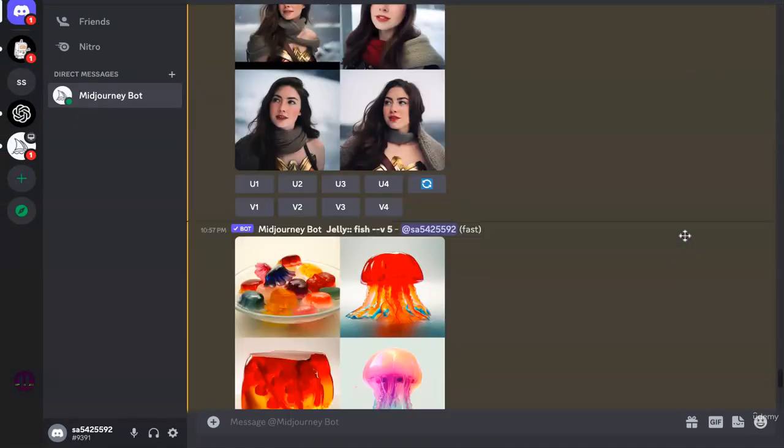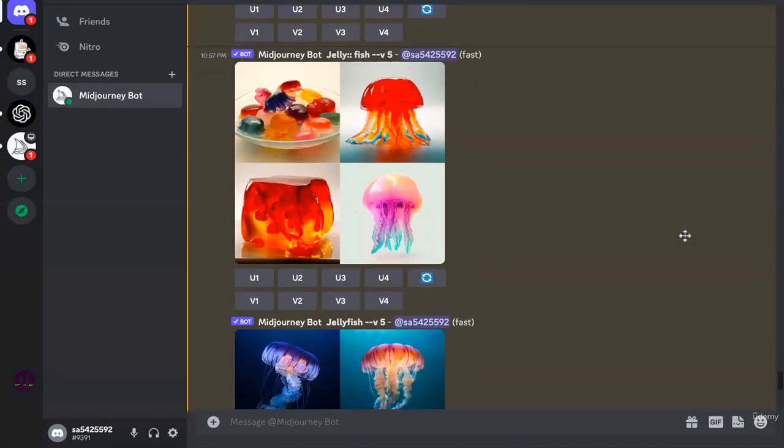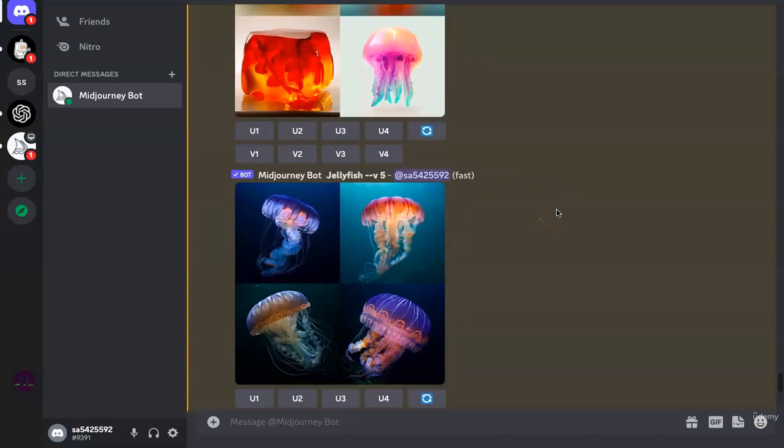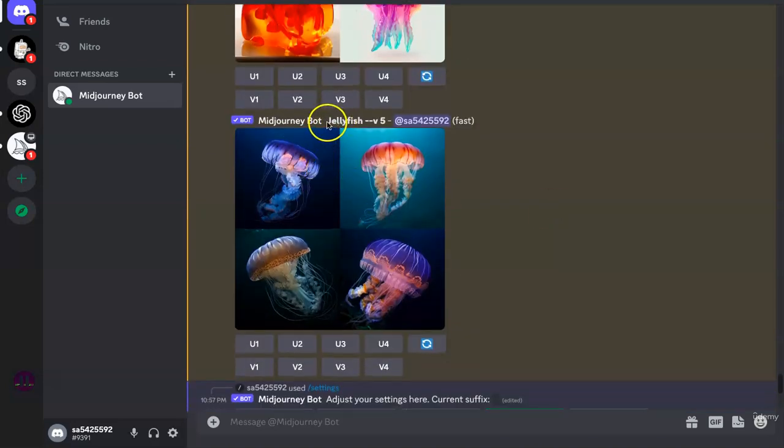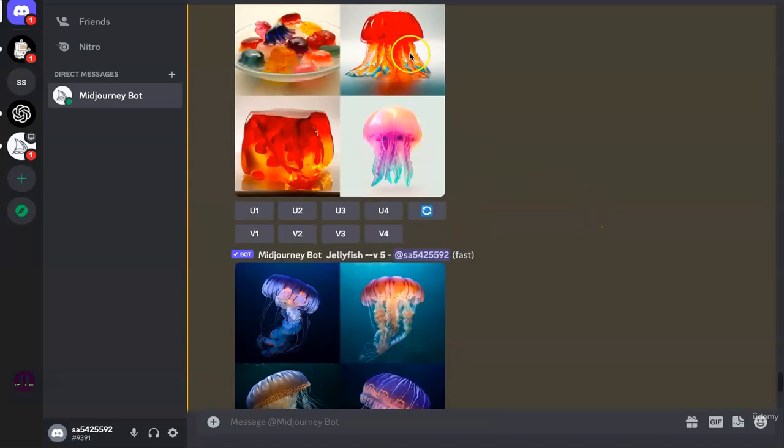Now I tried a couple of different combinations to show you. The first one I did was jellyfish. I did jelly::fish, and you see in these two images it actually created a jellyfish, but in these two it created jelly which has a fish sort of structure to it, somewhere in the middle but not exactly what we were looking for. Then I did just jellyfish, the normal image of a jellyfish. Here it's trying to replicate that,